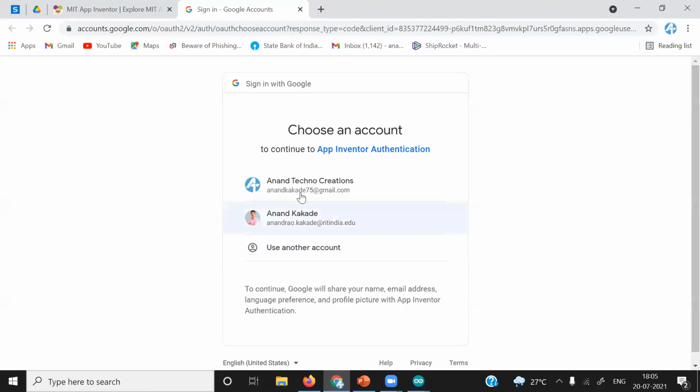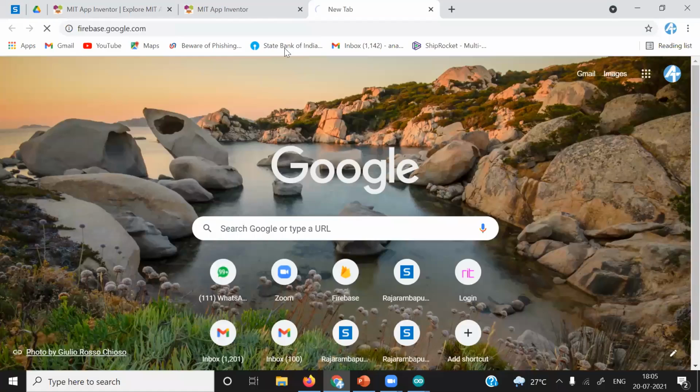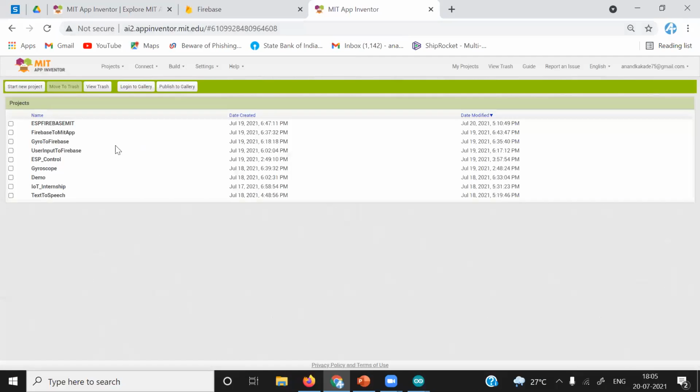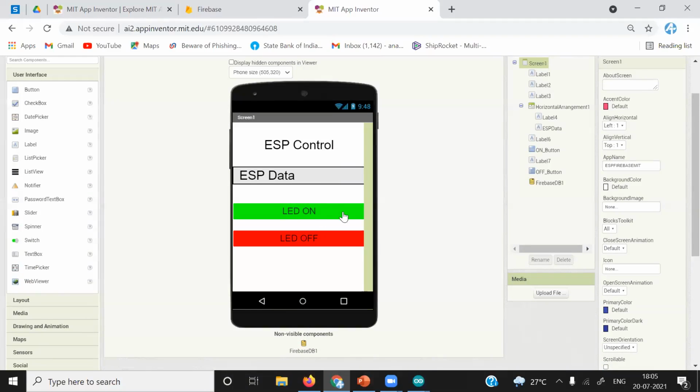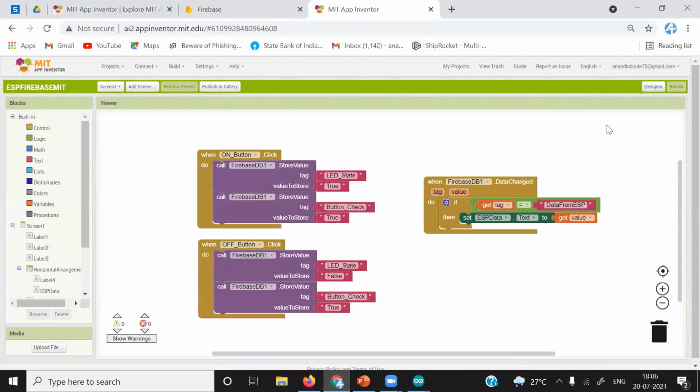Now I'll just open Firebase also. You can see that this is the application we yesterday built, and using this application we were sending this data, LED on state and LED off state.